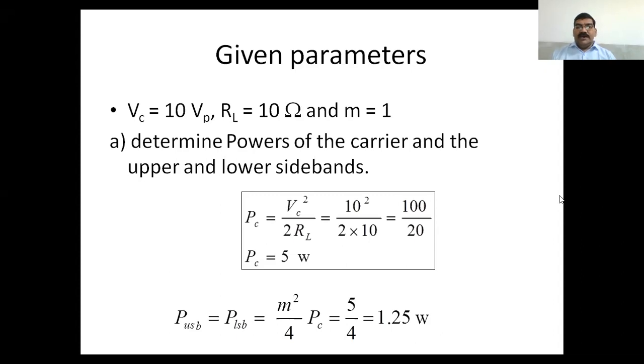So we will go ahead. This is a very simple numerical, but you have to be very cautious. Sometimes we do some silly mistake, so that we have to avoid. If we do any silly mistake, we will lose the entire mark. Although it looks very simple, we have to go step by step. That you have to always remember. Then we will go further.